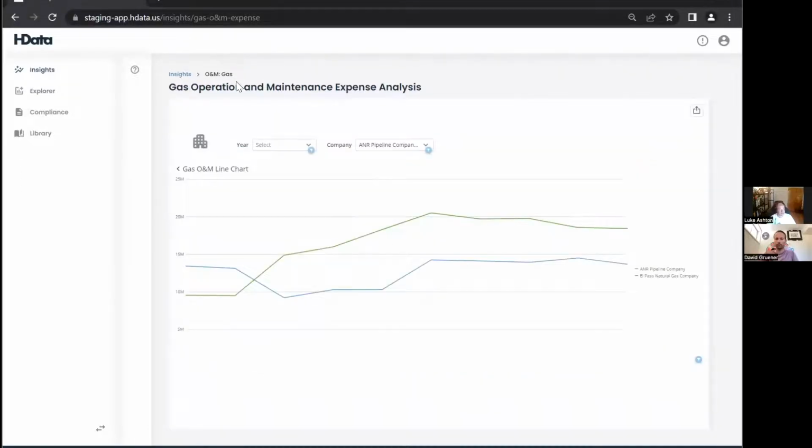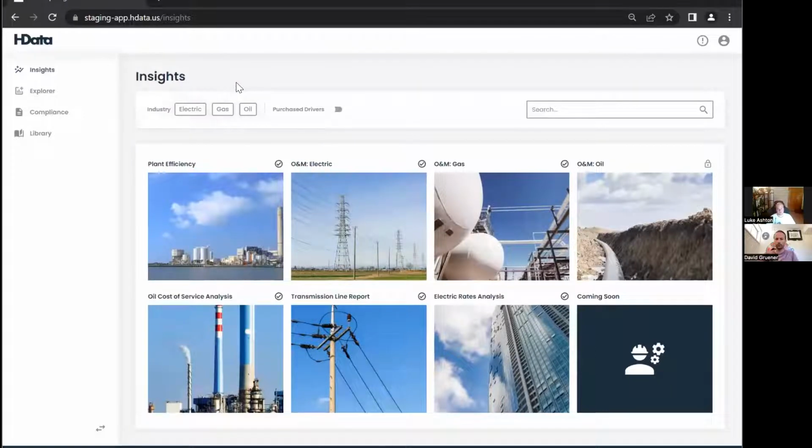So that is just a quick little look into O&M gas. And David, when we talk about a lot of these drivers, we've focused first on gas, but it isn't just gas that we're focusing on. So we're looking at oil and electric, and I was wondering if you wanted to bring in some insights from the development on that. Yeah, I appreciate it. Why don't we take a look,